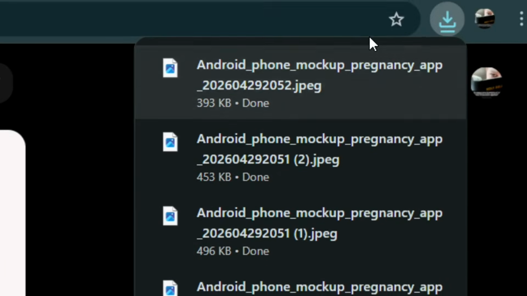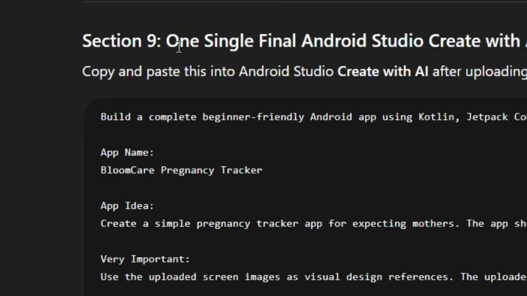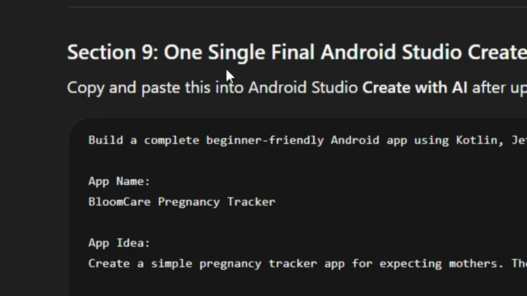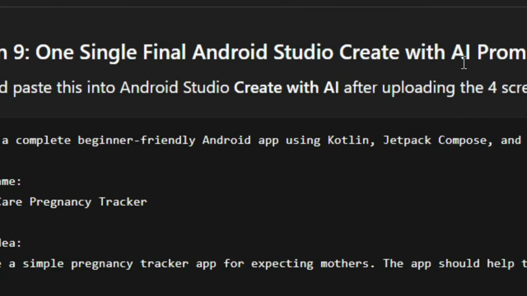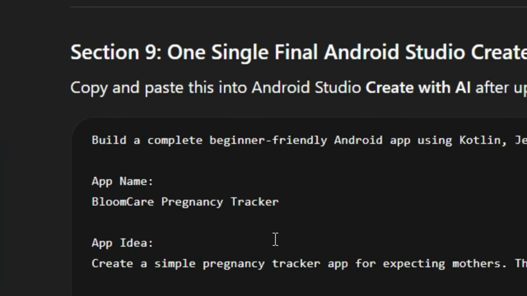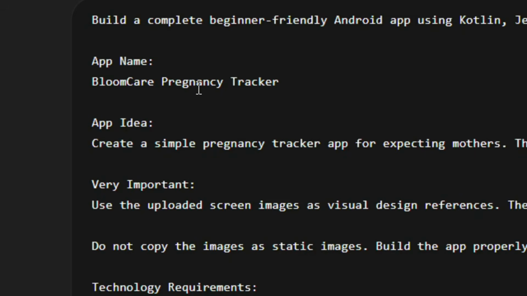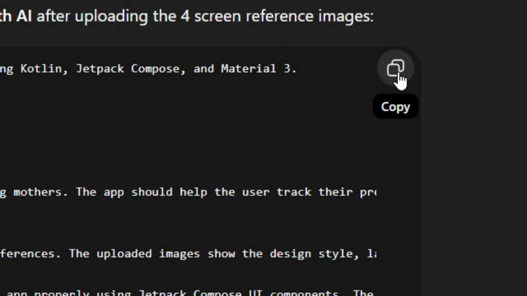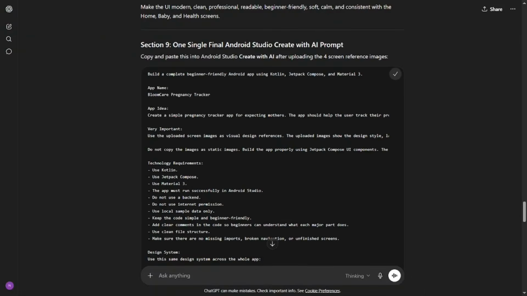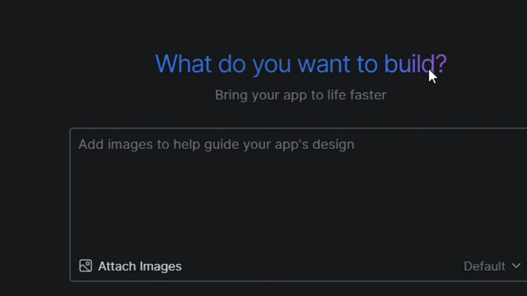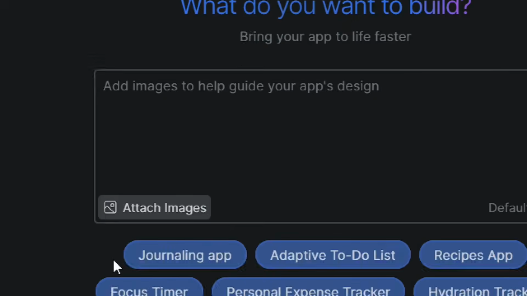After downloading it, now what you have to do is simply come back to ChatGPT. You see that we have one single final Android Studio Create with AI prompt. This one. All that you have to do is click on the copy to copy it. After copying it, come back here to Android Studio, Create with AI, and attach the